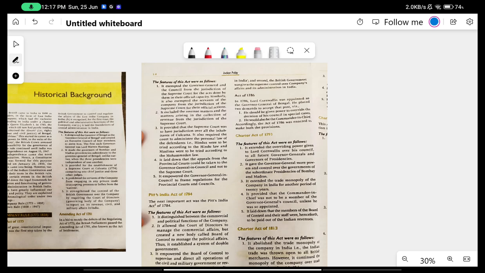So what this act did is that this act was passed to amend any defects or faults of the 1773 Act. I am not reading from the book again, I am reading from my notes. First point, it exempted all the members of the company from the jurisdiction of the Supreme Court for tasks done in their official capacity. So it officially said that any person of the company, for whatever he did in his official capacity, like in an official manner,